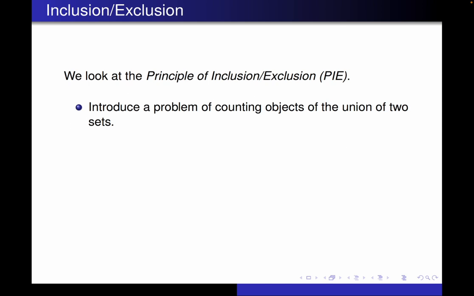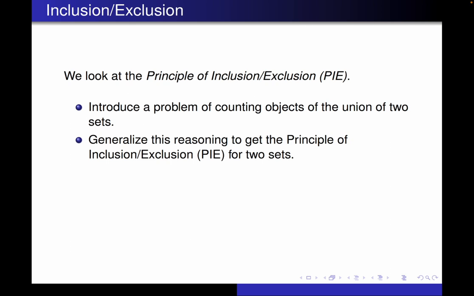In this video, we're going to take the additive principle up to a new level and look at the principle of inclusion-exclusion. The book calls this PI as an abbreviation there. So we're going to introduce a problem of counting objects in the union of two sets where we do have elements in common. We're going to generalize this reasoning to get what's called the principle of inclusion and exclusion for